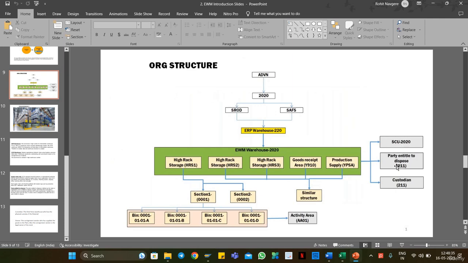Now we are going to create party entitled dispose. Okay, so what is this party entitled dispose? As I already explained, party entitled dispose is the business party who is entitled to dispose the stock. Okay,